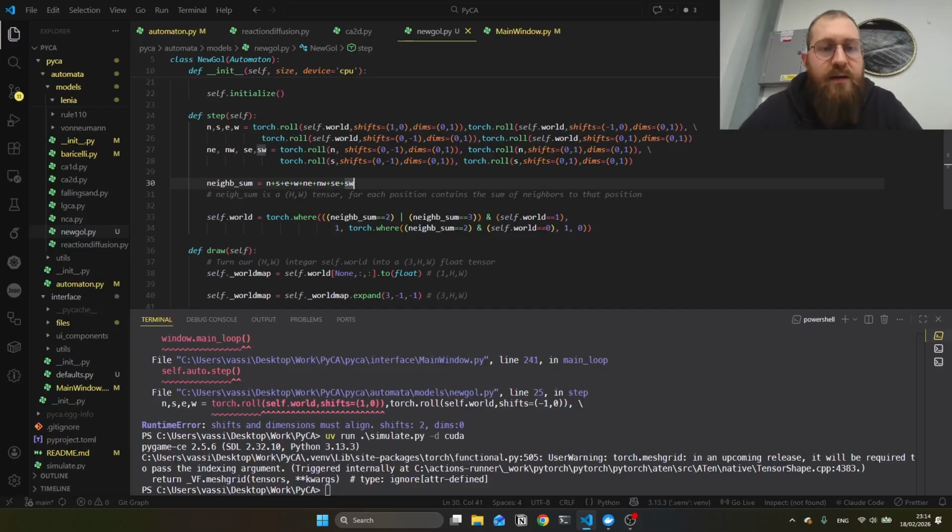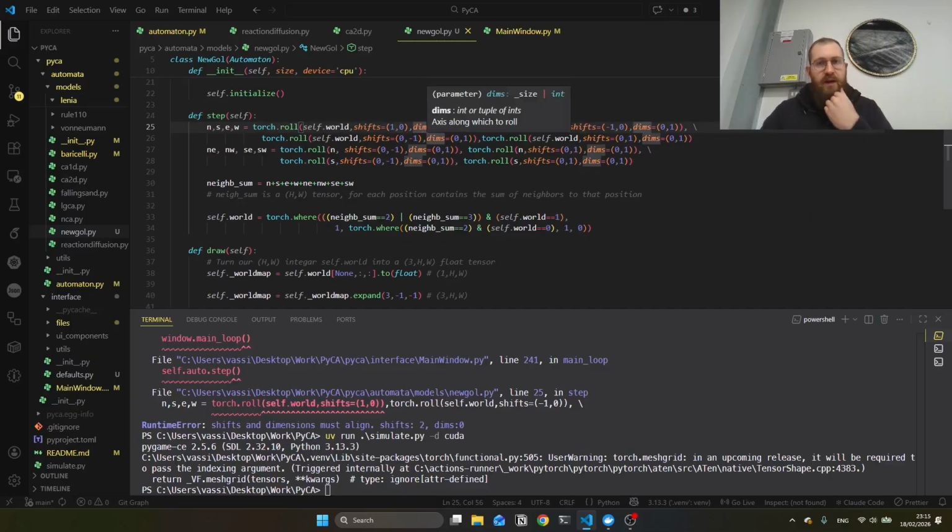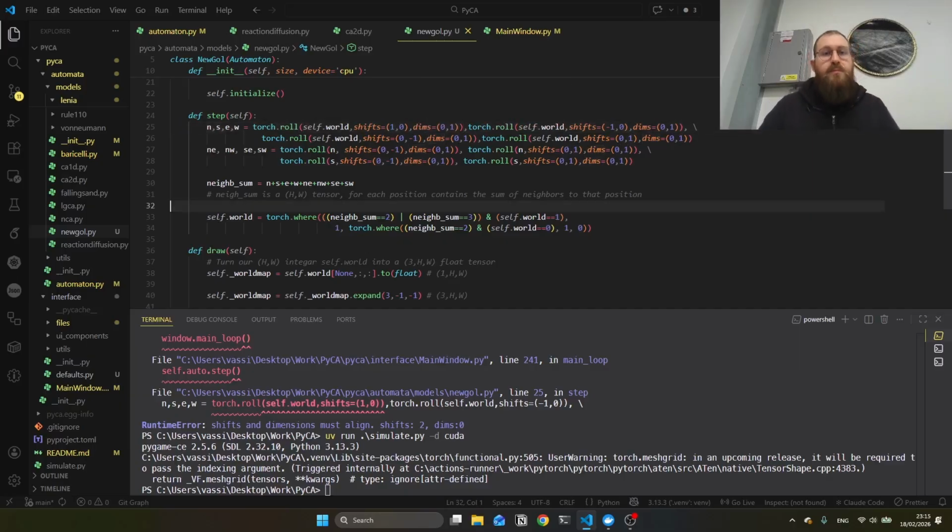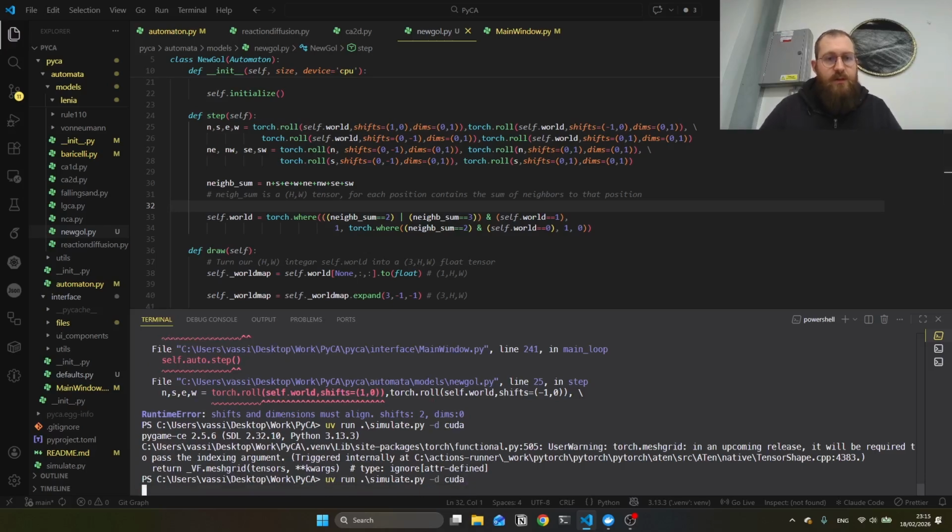Okay, I am back. So my bad, I just forgot how torch.roll works. So we must specify the shifts for each dimension and then specify which dimension the shifts refer to. So here we're shifting the 0th dimension by 1 and the first dimension by 0. So in principle, we could omit these ones because they're 0 by default, but just to be clear, I added them here. And so now that we have that, if we run the simulation,